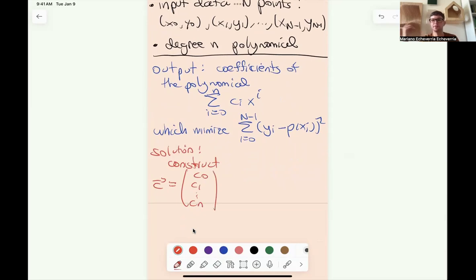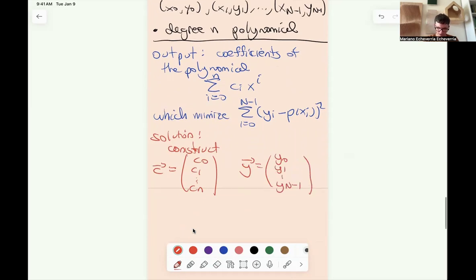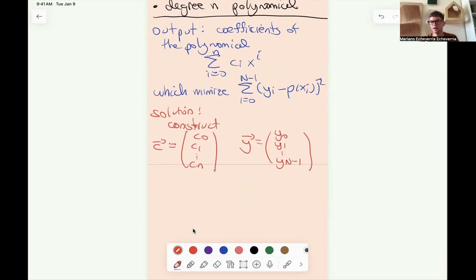You also construct the vector of y values. And you also construct the matrix of the different powers of the x values. So the matrix